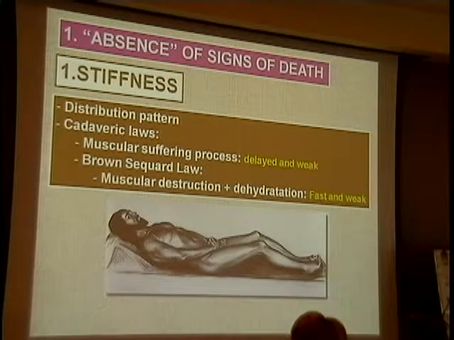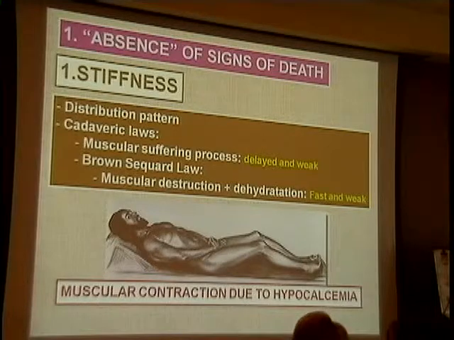So if you have this data and you see there is some kind of stiffness in some of the joints, but you don't see it in some of the other joints that are related with the crucifixion, joints that suffer more the consequence of crucifixion, like the shoulders, it makes you think that the general evaluation of stiffness is not compatible with the pattern of the cadaveric stiffness loss. So it could be explained with a different hypothesis,